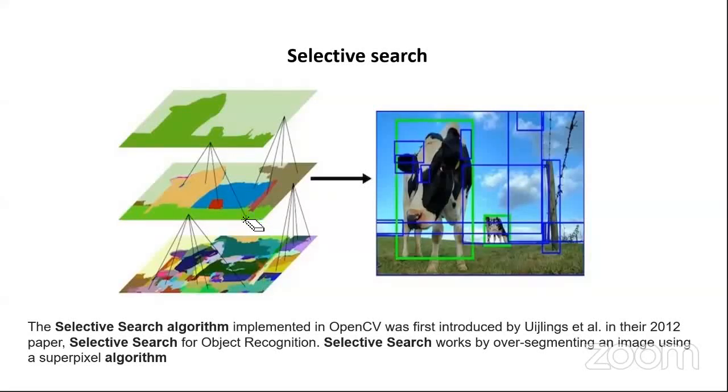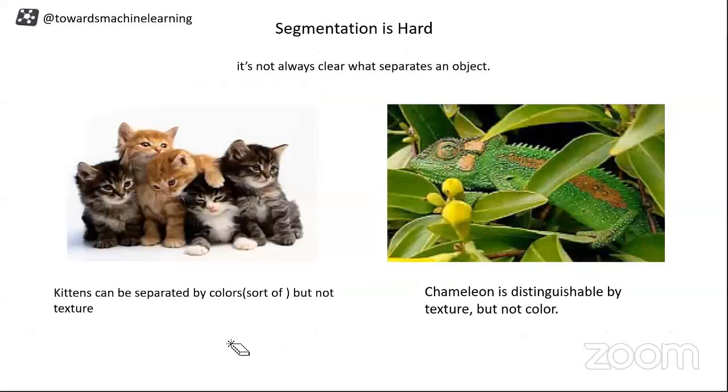One more thing I want you to know is SVM. We talked about it, right? That will be useful in the RCNN family as well when you proceed further. But before that, let's see about selective search. When selective search was introduced, it was in 2012. So 2012 was the year when selective search came into picture, and this algorithm was able to segment out objects inside an image. Now segmentation is not easy.